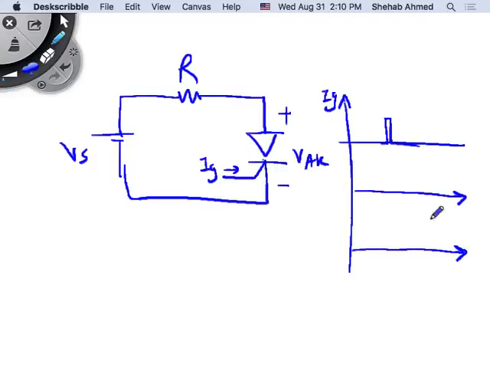And what does the output current look like? What does VAK look like in this case? I out, until I get the gate pulse. What is VAK? 0. After I get the gate pulse,